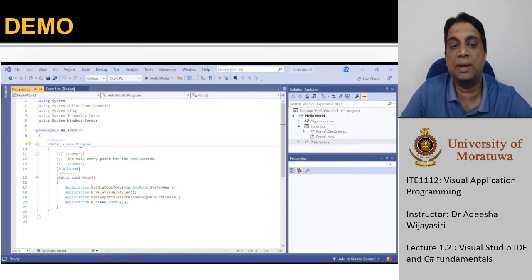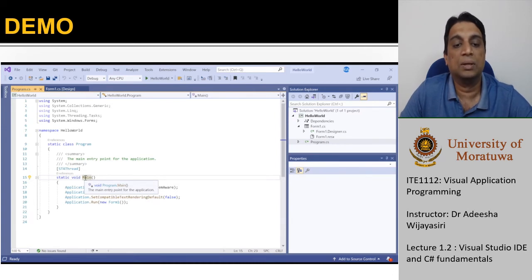And namespace is also somewhat similar, a container, but it can contain several classes. The idea of these will be discussed later throughout the course. And also you can see there is a method here. This method is called the main method. This is where you will be directed when you run the program.